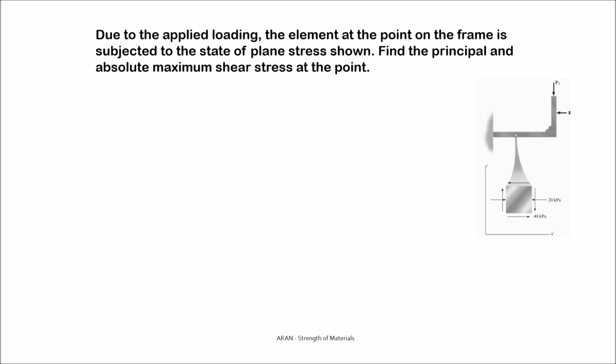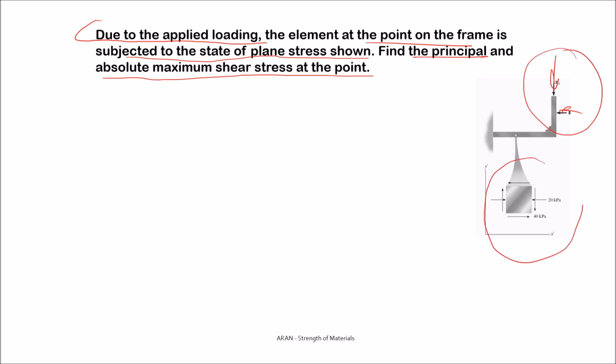Let's solve a last problem. Due to the applied loading, the element at the point of the frame is subjected to the stress state shown. Find the principal and absolute maximum shear stress at this point. So we have a frame, loads are acting, and due to these loadings, a stress state like this is created